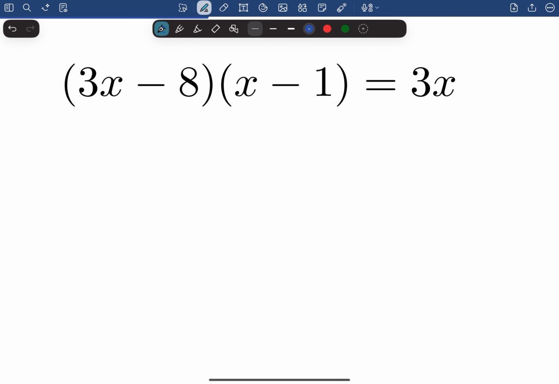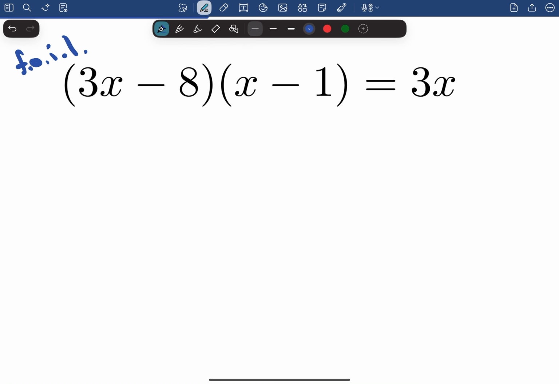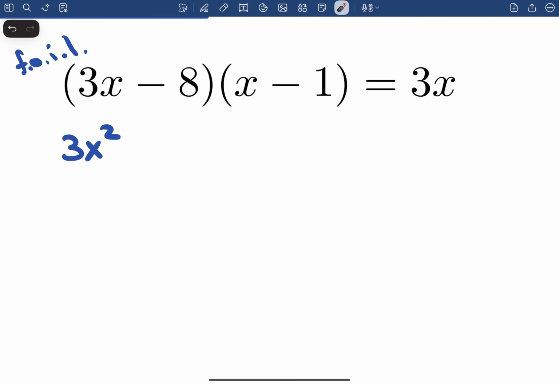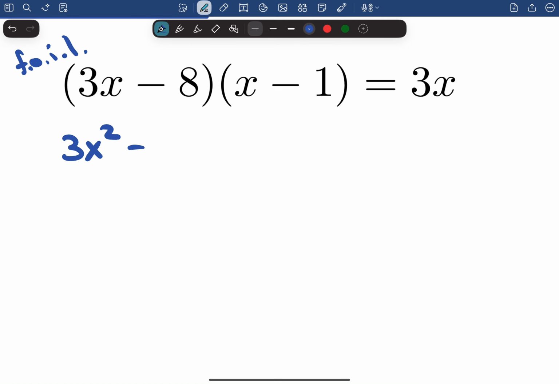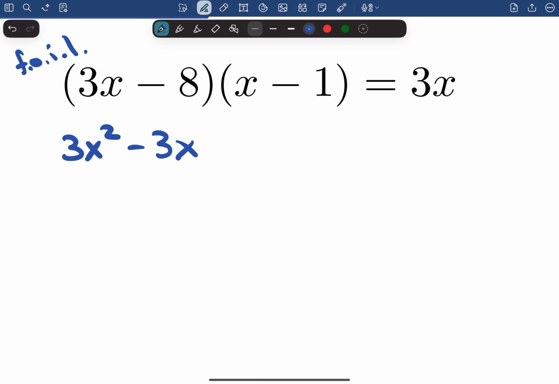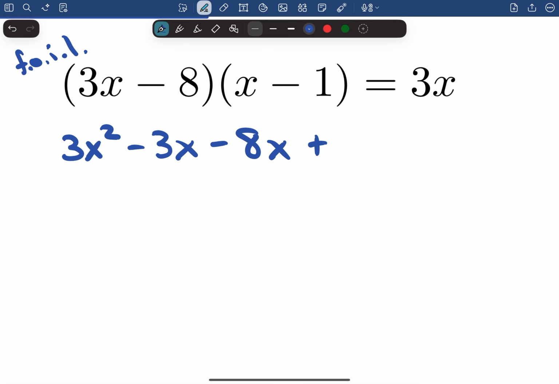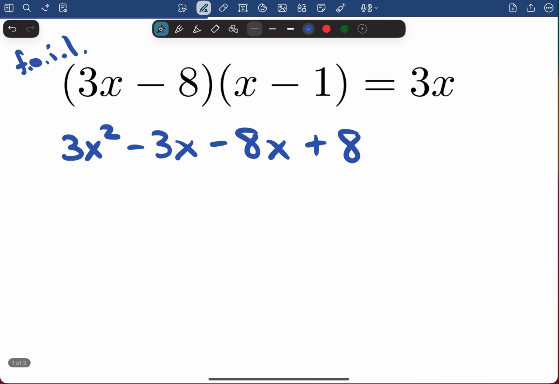Remember, FOILing is multiplying the first terms together, outer terms together, inner terms together, and last terms together. So 3x times x gives me 3x squared. And 3x times negative 1, those are the outer terms, gives me negative 3x. And negative 8 times x, inner terms, gives me negative 8x. And negative 8 times negative 1, the last terms, gives me positive 8. And that equals, currently,